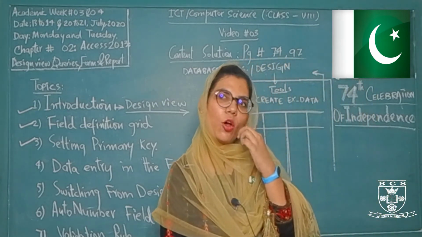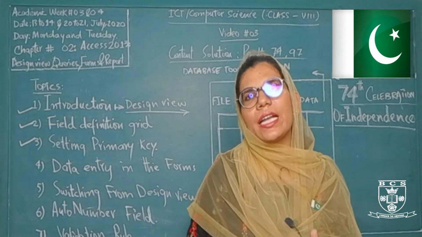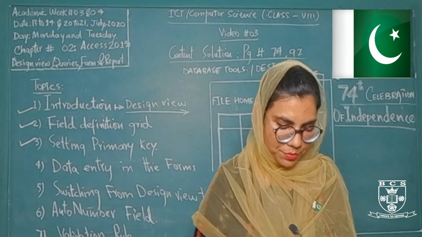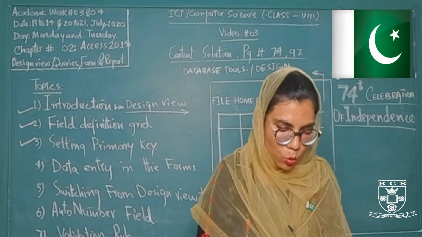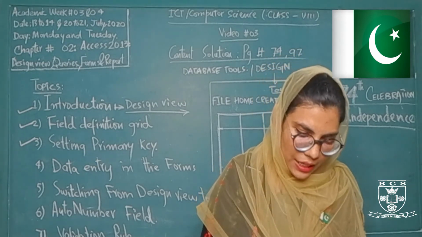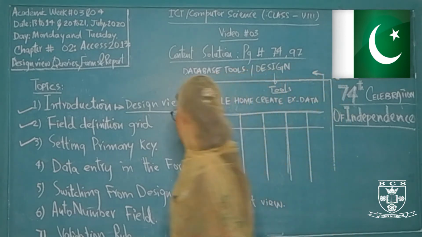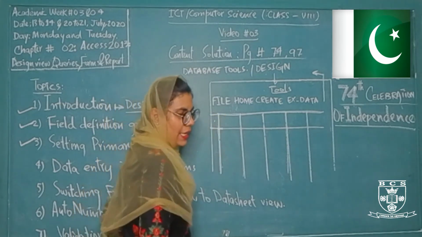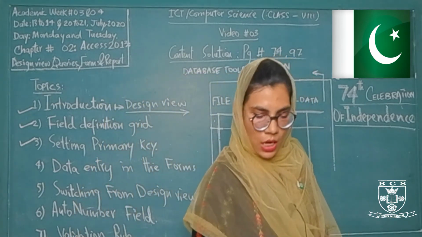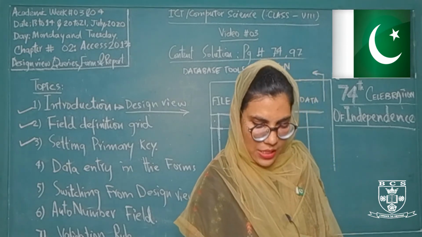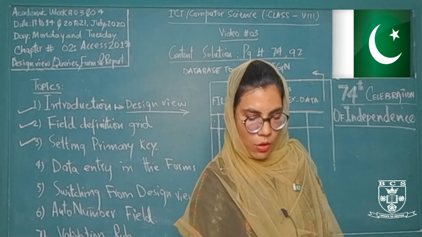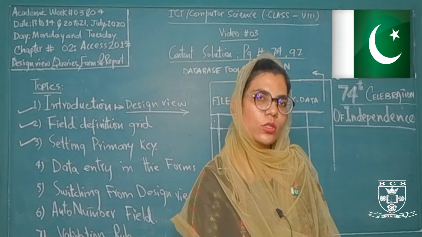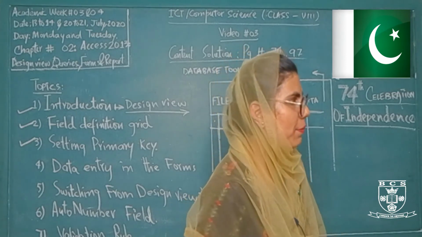As I click on my option primary key, my selected field that I selected earlier in step 1 will become our primary key. And in method number 2, we will right click the field selector of the column that will be the primary key. वो फील्ड जिसे हमें प्राइमरी की बनाना है उसके आप ग्रे सेक्शन में राइट क्लिक करेंगे. As we press the right button of the mouse, a drop down list will appear and it is having the option of primary key. So I will select the primary key option from this list to convert this field into a primary key.